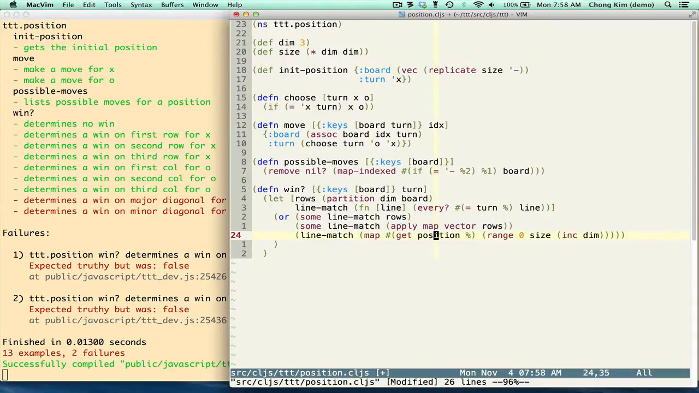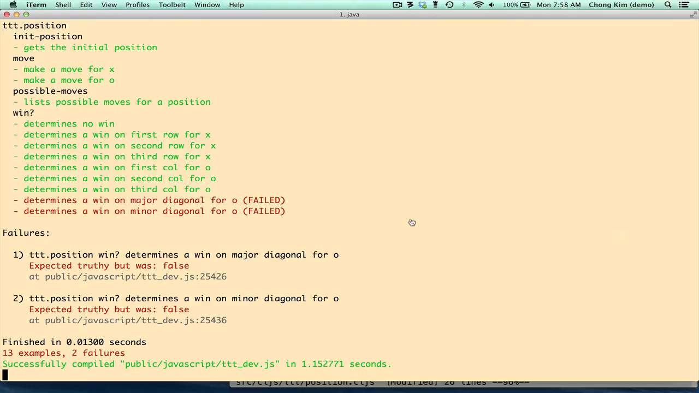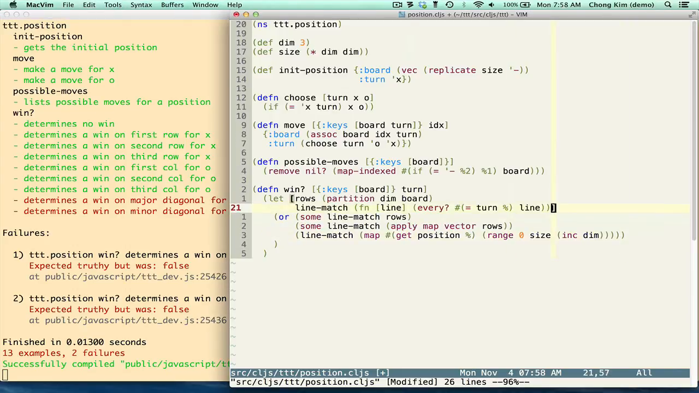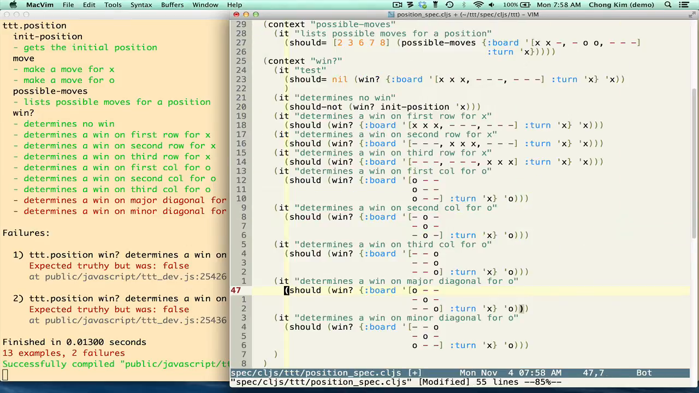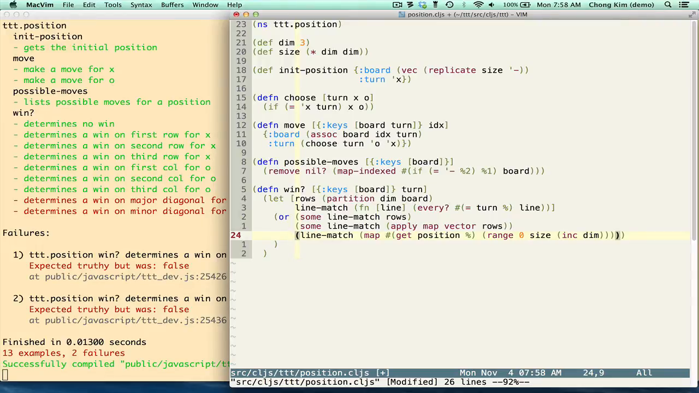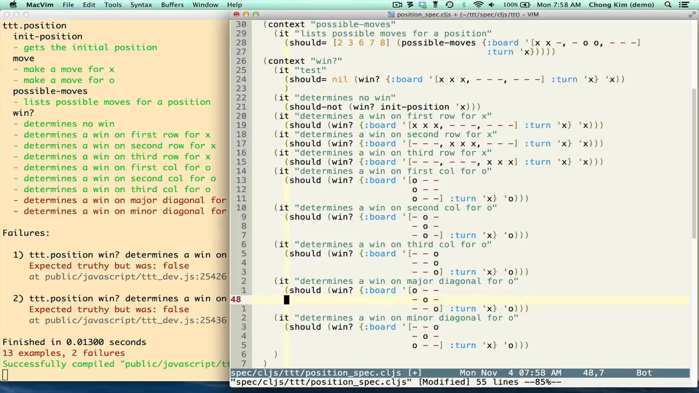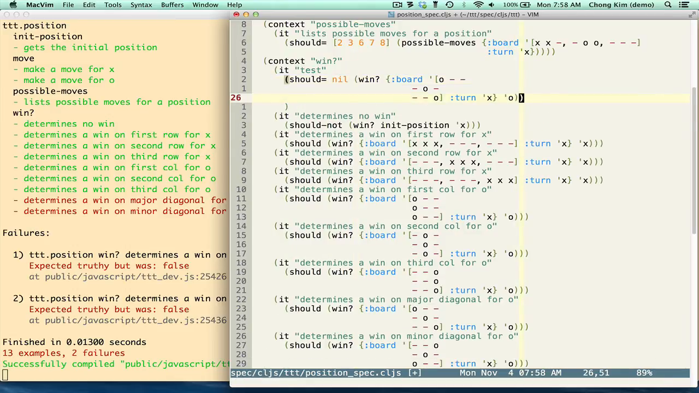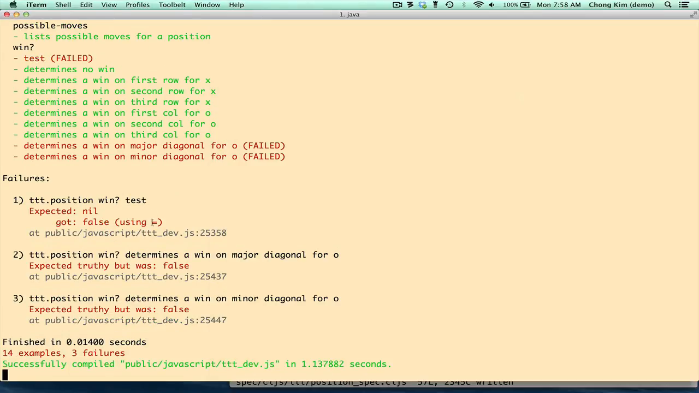major diagonal. Okay, so here's the set of ranges, increment, dim, position, get. So now I have a list of cells, and this calls line match. So this looks like everything should work, but I am getting a false. All right. Yeah, yes. Let's take a look. Okay, I'm gonna yank that and paste. Okay, so my test, it returned false, but